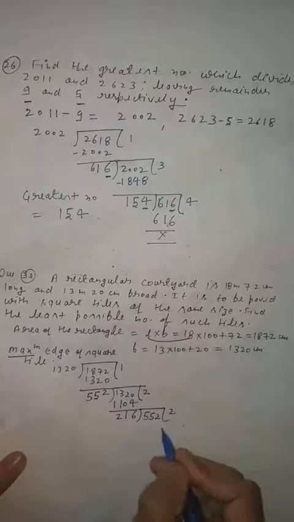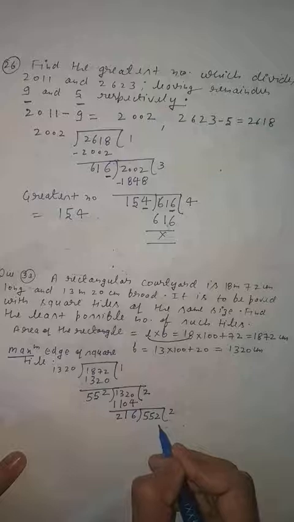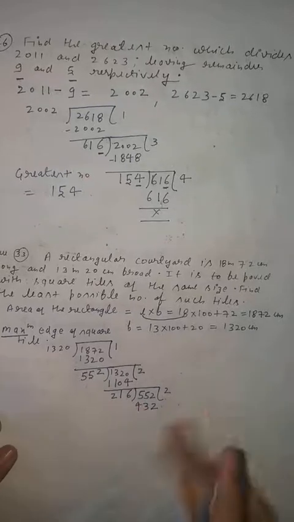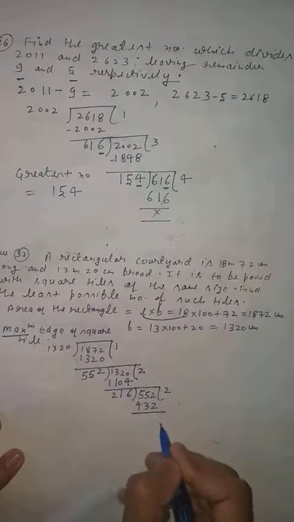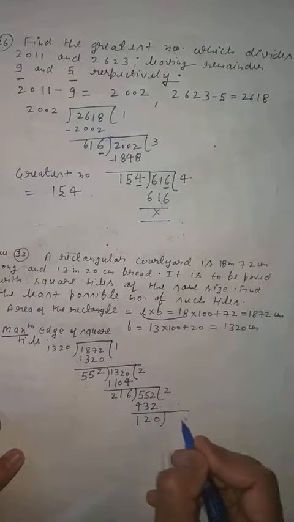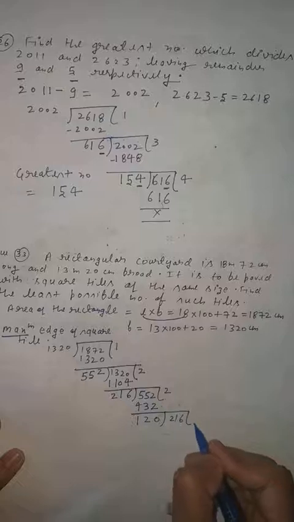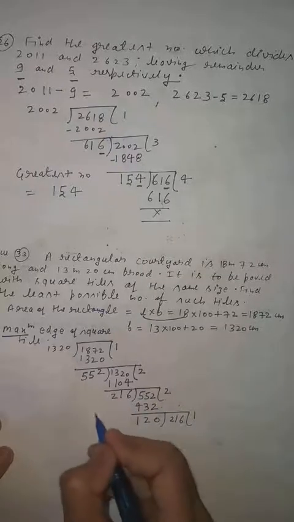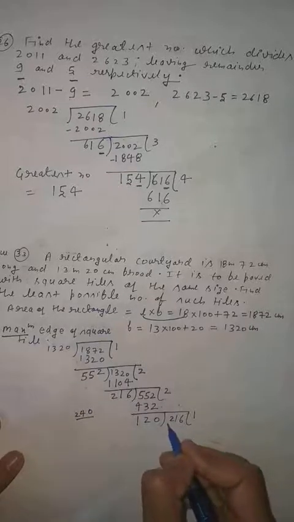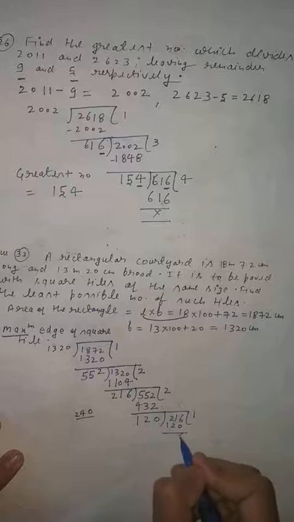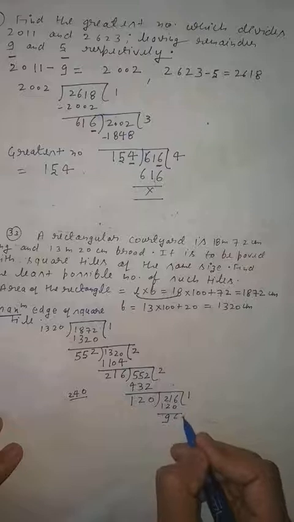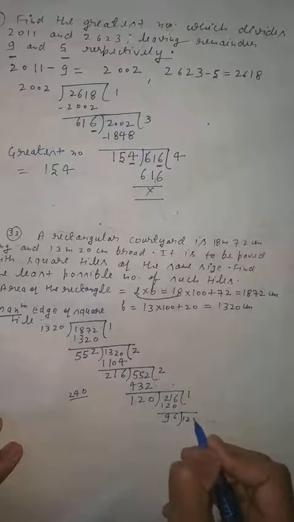Again you will divide. How many times? 2 times. 2 6 are 12, 2 1 are 2 3, 2 2 are 4. Do it carefully. This is long division. 2 minus 2 0, 5 minus 3 2, 4 minus 5 minus 4 1. Now again you will divide it by 120. 1 time, because if you multiply by 2, 2 0 0, 2 2 ja 4, 2 1 ja 2. This is greater, so 1 times 120. This will come 6. Sorry, 11 minus 2 9. Clear, students? Now 96.